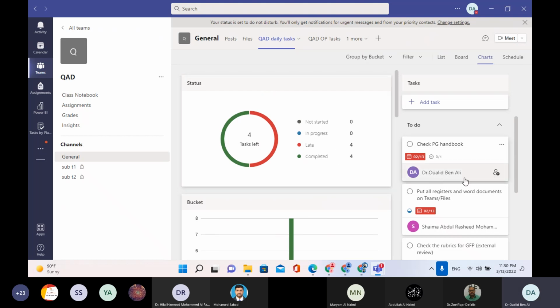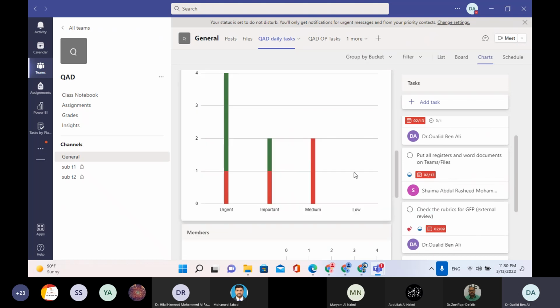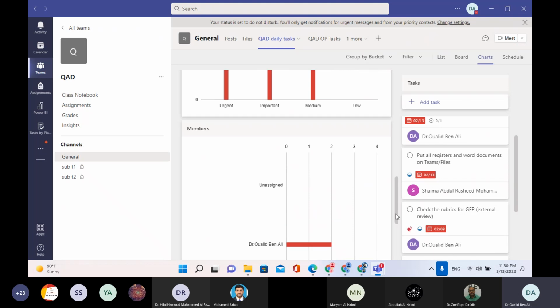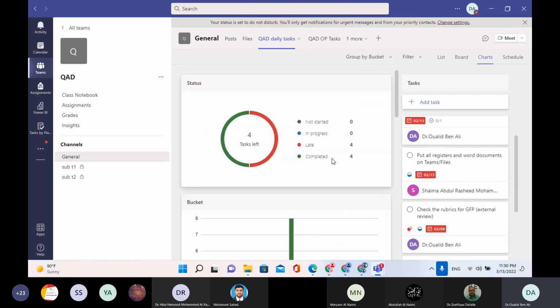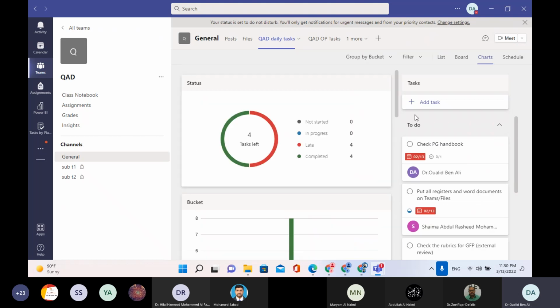And I can see who is late, and who has completed. So it's also a matter of monitoring the efficiency of the team members. And I don't need to remind them. The system will remind them. I can just look at the dashboard. I can see what the completed tasks are, what the late tasks are. I can see also